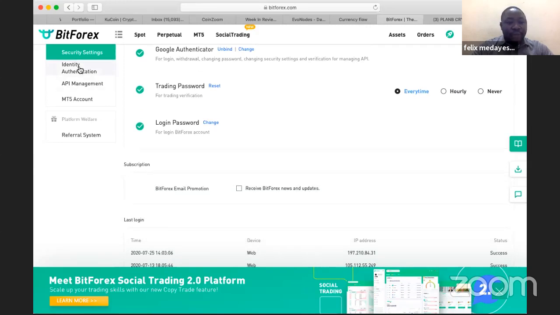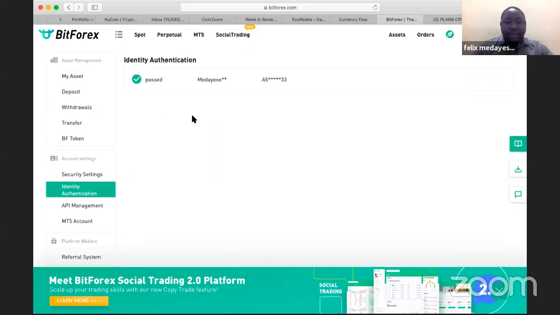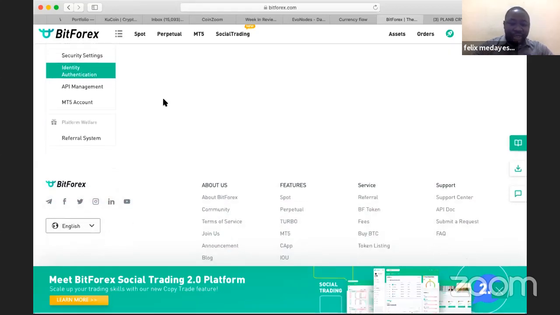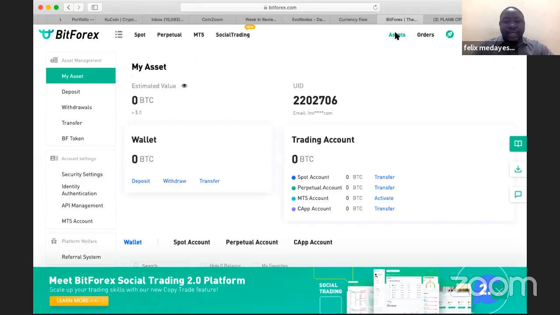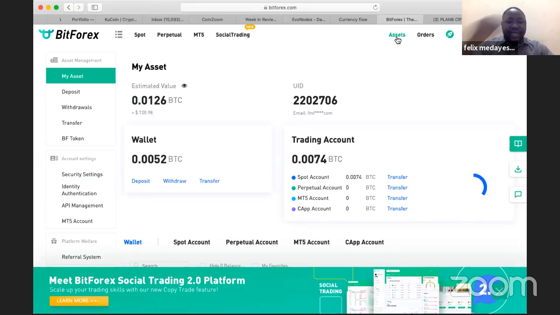And then do your identification. Look at mine, it's passed. I've done my own verification. So do the verification, so KYC. Now, there you go. You want to start trading, then same thing, you locate your asset. So click on asset. If you click on asset, it's going to bring you up a page, but in KuCoin,